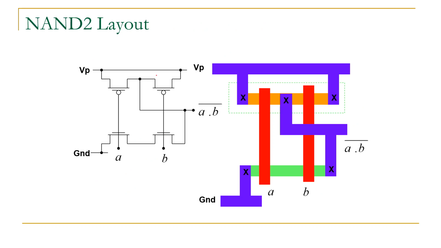Next we are going to discuss the design based on your NAND gate. We are going to design the NAND gate, in which for the 2-input NAND gate, 2 N MOSFETs are connected in series and 2 P MOSFETs are connected in parallel. Here we are taking our output A bar. The same is represented in your layout.